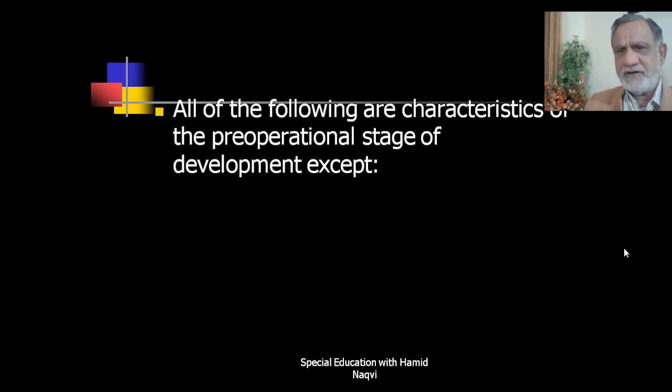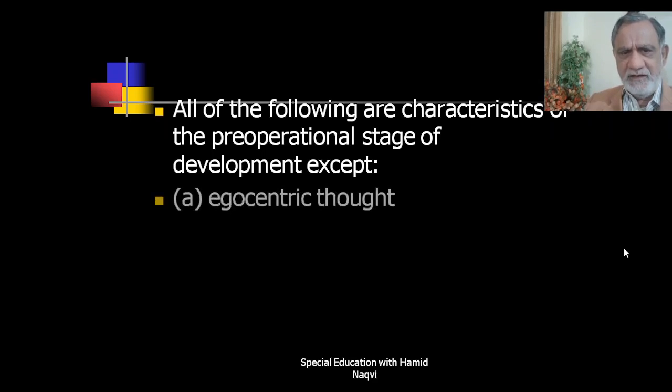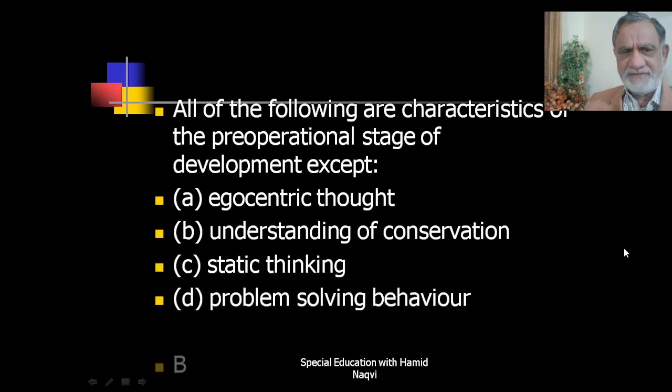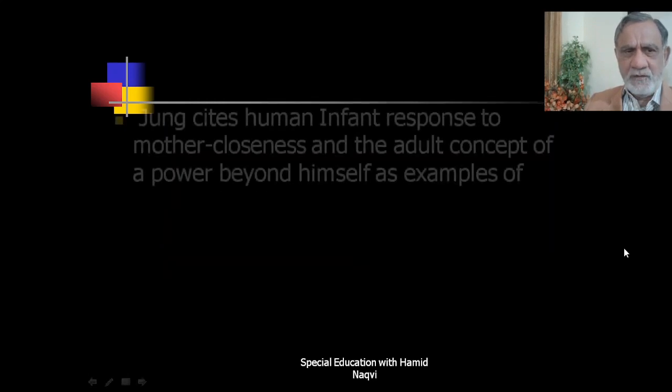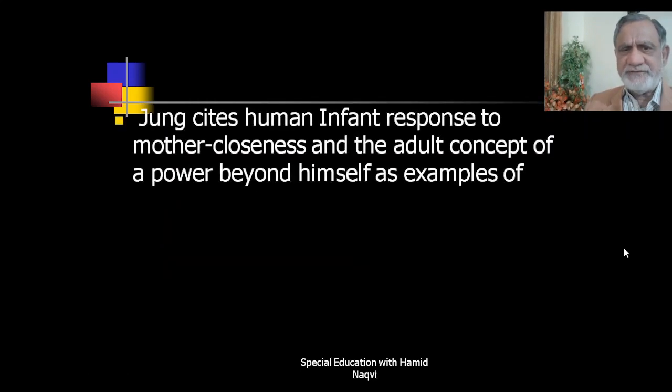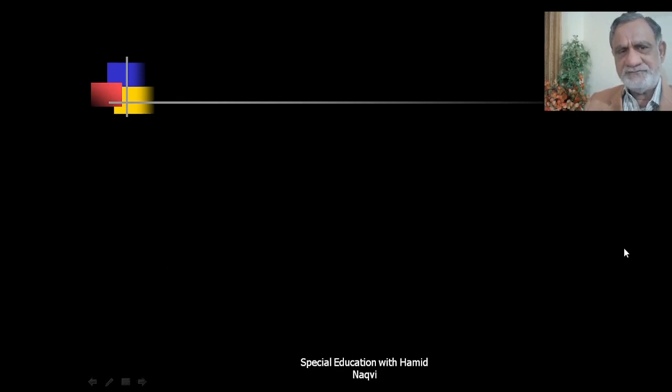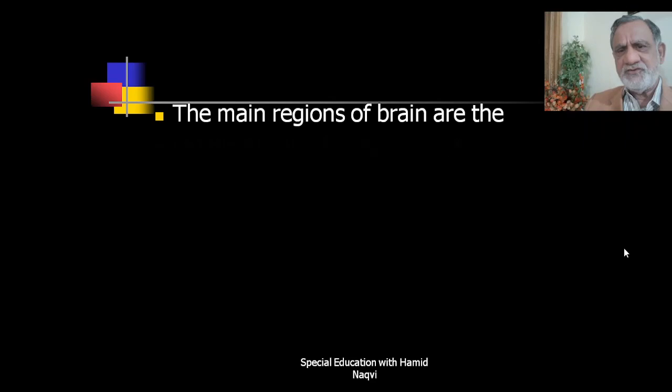All of the following are characteristics of the pre-operational stage of development, except B, that is understanding of conservation. Jung cites human infant response to mother closeness and the adult concept of a power beyond himself as example of D. Last one. The main regions of brain are